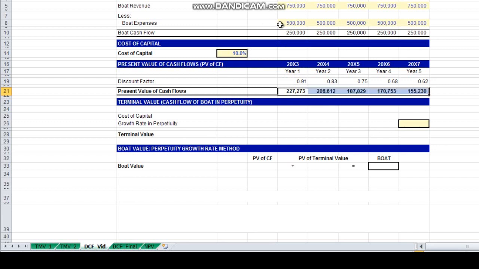Even though it is unlikely, I wanted to project the same cash flows across the 5 years so that you could see the effect of time and how value diminishes. Another way to think of this is that 5 years from now, $250,000 is equivalent to $155,000 today. But obviously you hope your retirement will last more than 5 years. So we have to determine a value of your boat's cash flows in perpetuity, and for that we will calculate terminal value. First, we'll reference cost of capital,